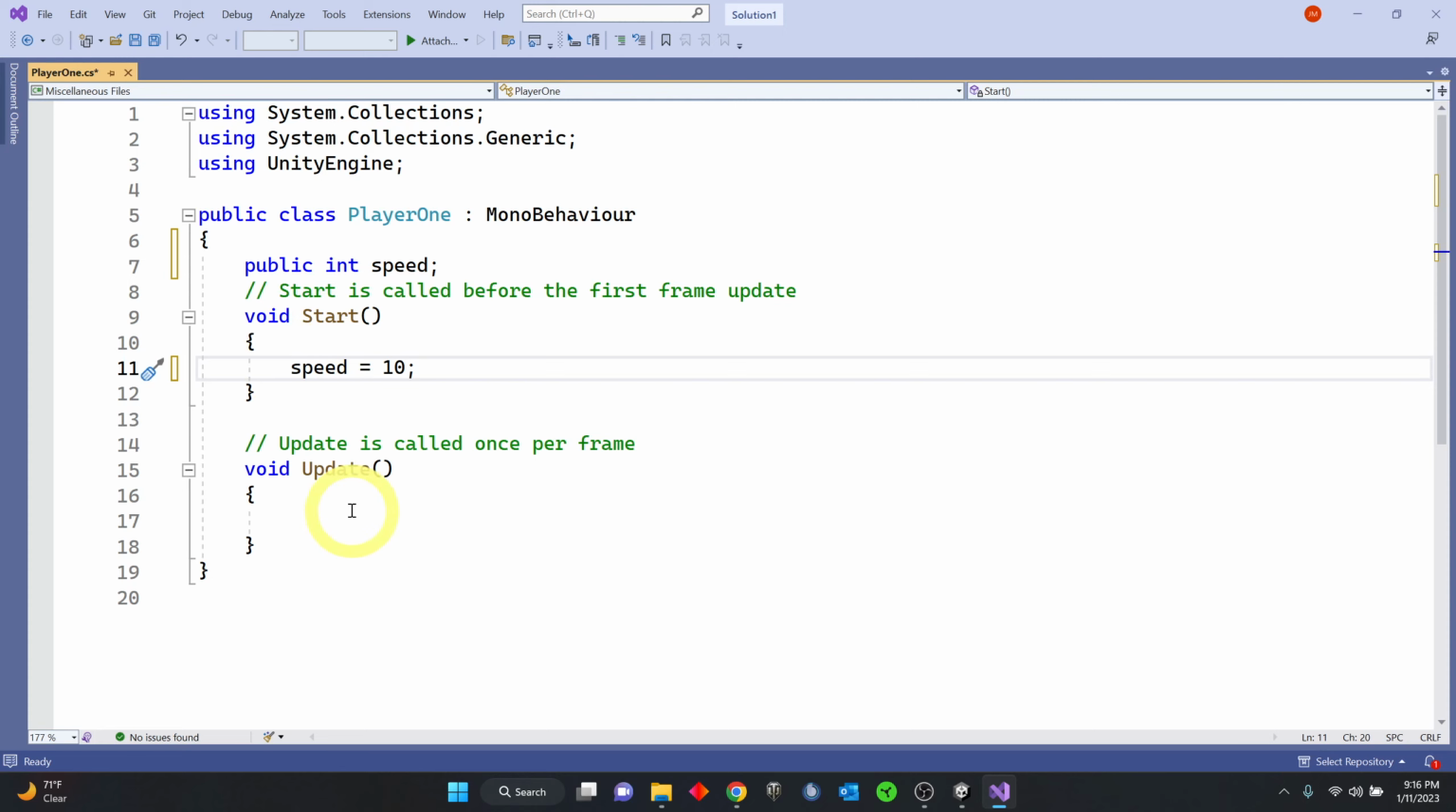All right, so the next thing we need to do is do what we call a transform translate. So we need to tell the system that we want to move that particular object, player one. So we need to go to the update because it needs to be constantly updating, and we are going to